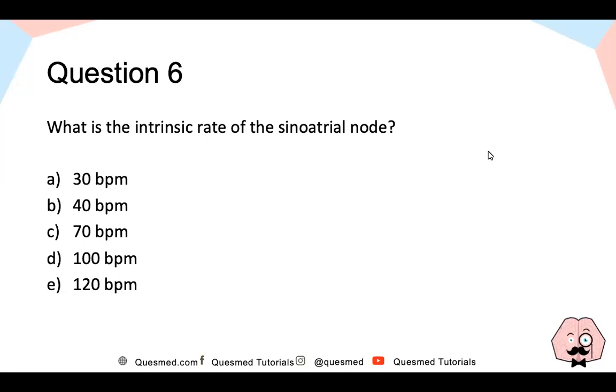Okay, so the correct answer was D, which is what the majority of people have said. So we've got 40% are saying D and 30% are saying C. Okay, so